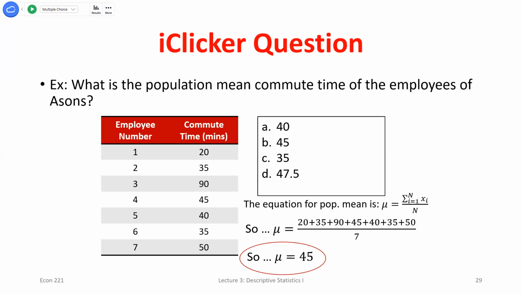I know before I even start to work on this problem that the value I should get is somewhere between 20 and 90, between this minimum and maximum. If I make a mistake and somehow come up with something like 120, very quickly I can say I did something wrong. I know it has to be somewhere between 20 and 90, so I made an egregious mistake. Maybe instead of 20, I hit 200 when I was entering that value. So always think about what answers you might be able to rule out.